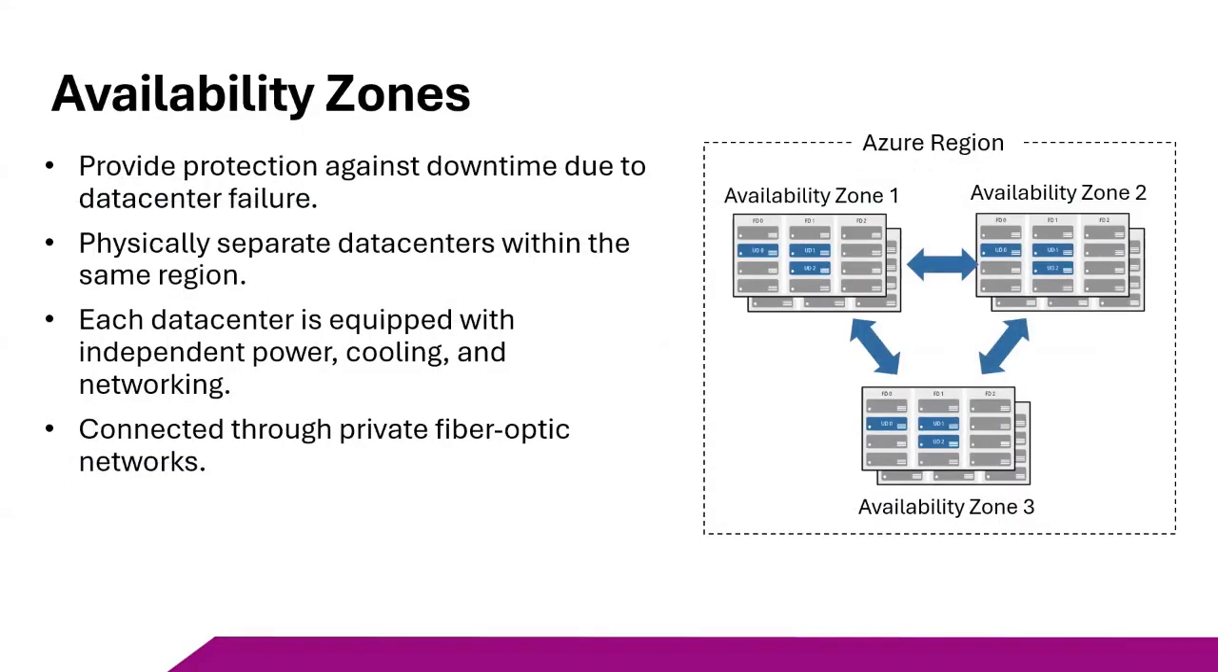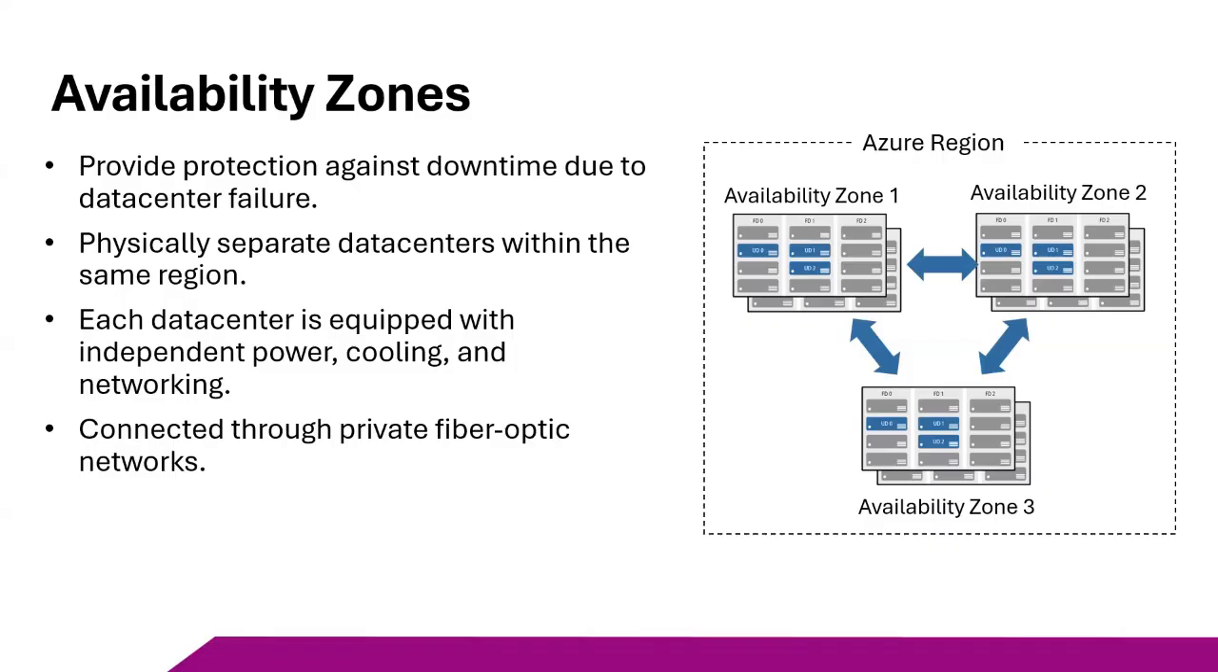So we also have availability zones, whereby we have three zones in the same region. So this availability zone, each one is a data center. So availability zone 1 is a data center, availability zone 2 is a data center, availability zone 3 is a data center. And this is necessary so that